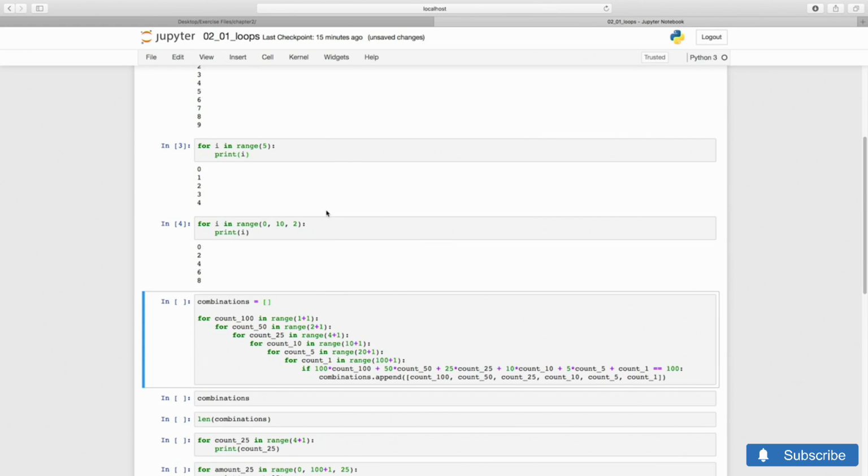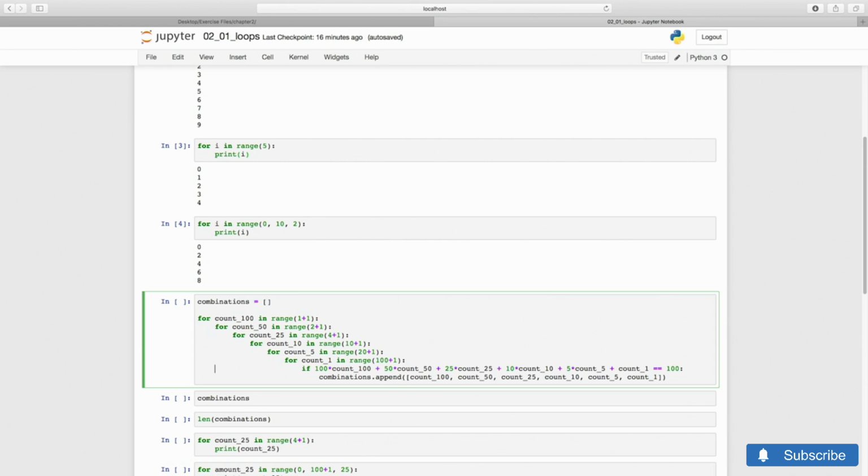Therefore, we need 6 nested loops, a loop within a loop within a loop. Luckily, it's Python that will keep track of them. This means that the first loop will be over range 2, so looping over 0 and 1. To keep the maximum number of each coin in sight, we'll write it as range 1 plus 1. We then proceed with the other coins, one loop for each.